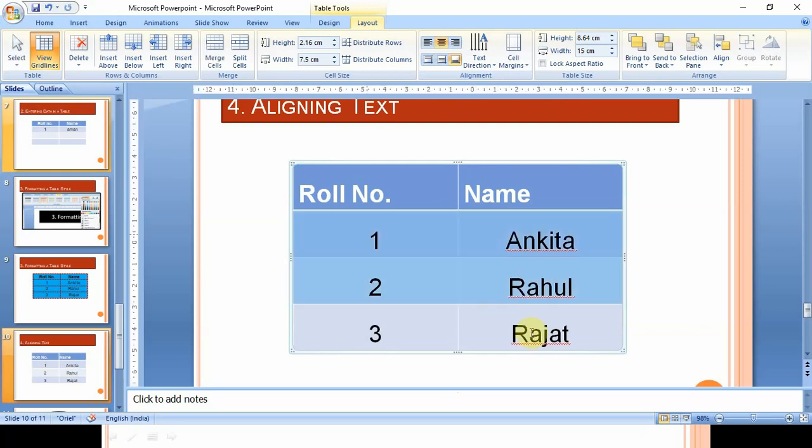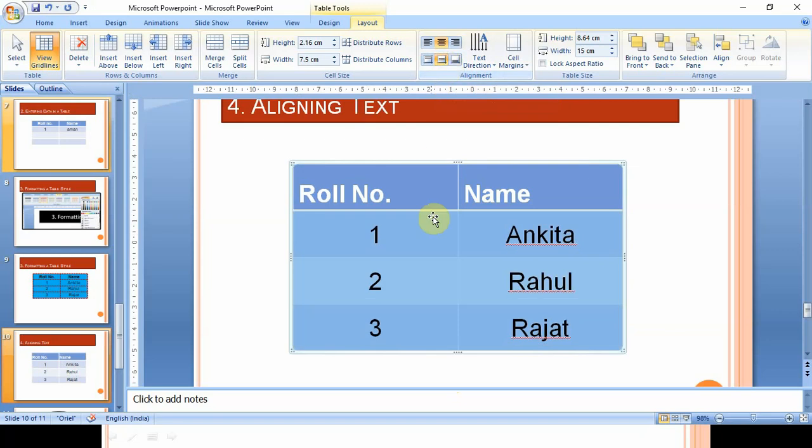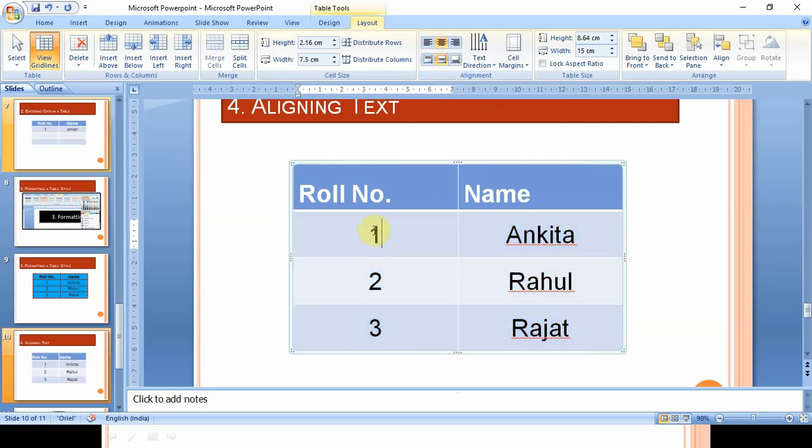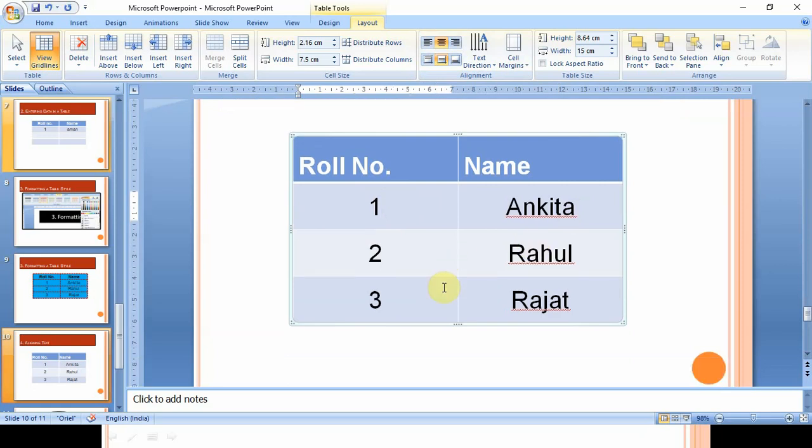Now if I apply this alignment, see here, Center Vertically, we can see that this text is now central from the vertical spacing as well as the horizontal spacing, because we have set 2 alignments, that is Center and Center Vertically. So these are the 6 types of alignments provided for the data written inside a cell in a table.